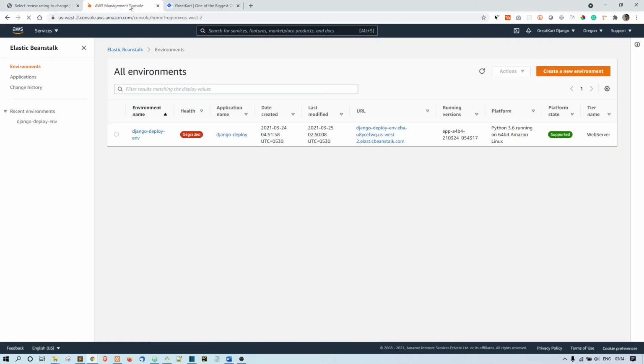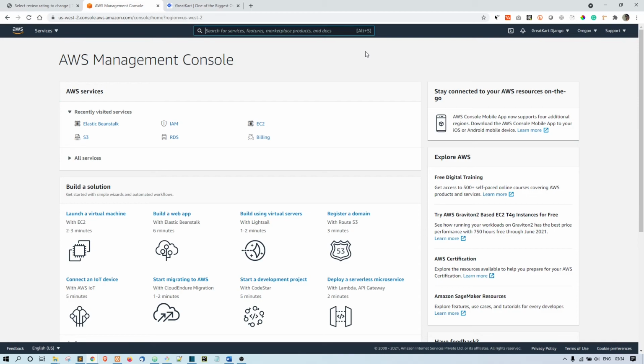You can add any number of product images here. We are actually going to use AWS for hosting our application. We are going to use Elastic Beanstalk for deployment, and for static files and media file storage we are going to use S3 buckets. And IAM also, we are going to make the policies here, and this is the RDS database. In this RDS we are going to set up the Postgres database.